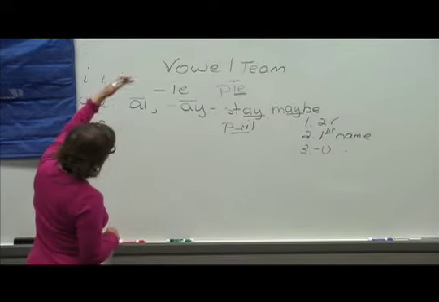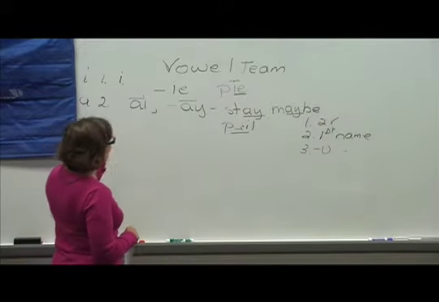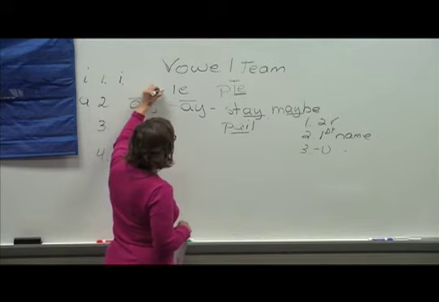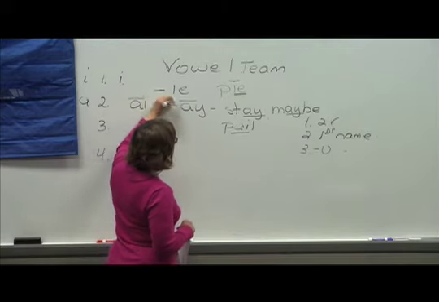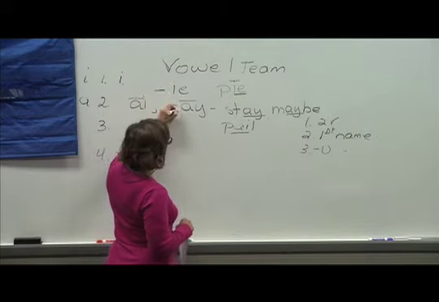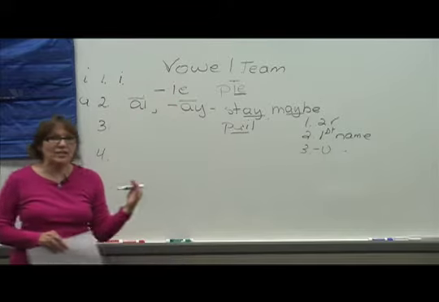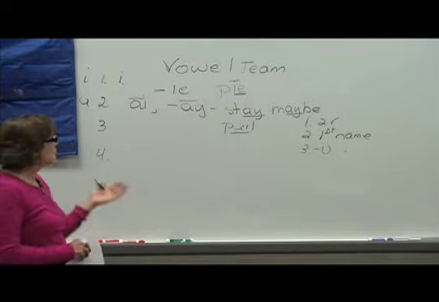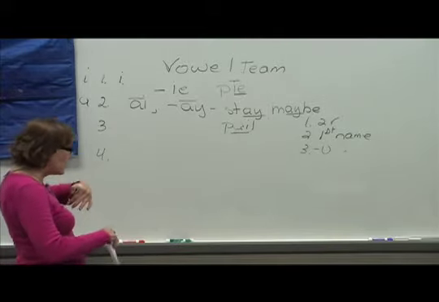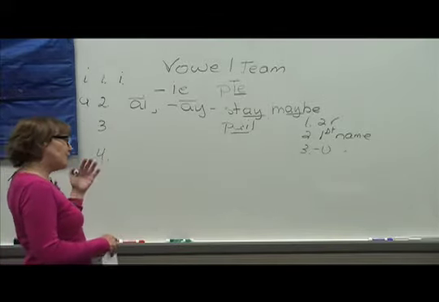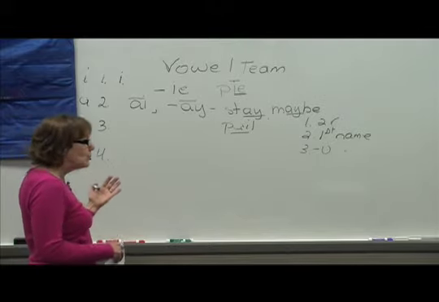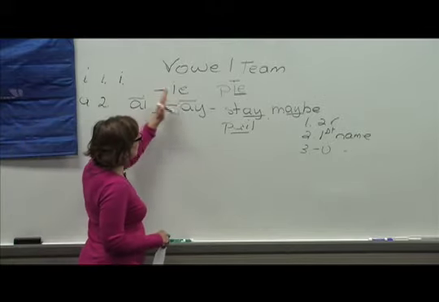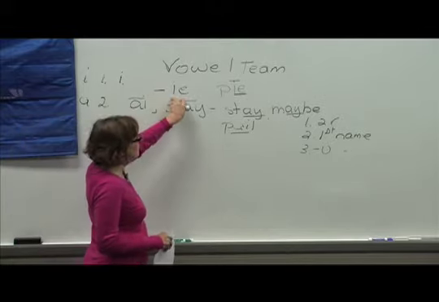Now, when I list these vowel teams, you'll notice I'm putting a dash in front of the IE. I'm putting a dash in front of the AY. That dash signifies for me and my learner that it comes at the end of a word. That's a technique I use, and some phonological programs use, that if there's a dash in front of a team, in front of a letter like CK,